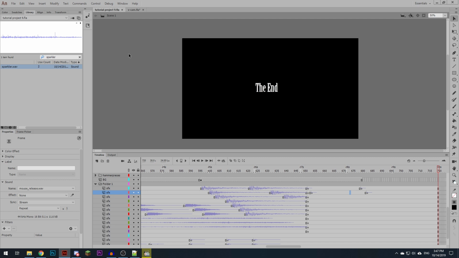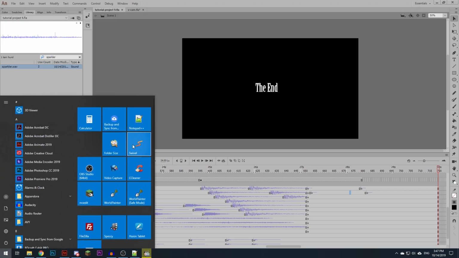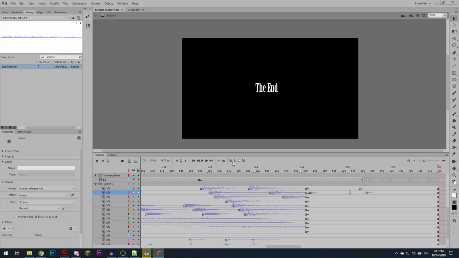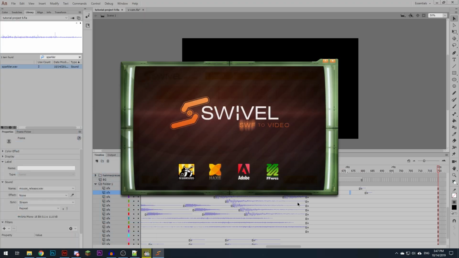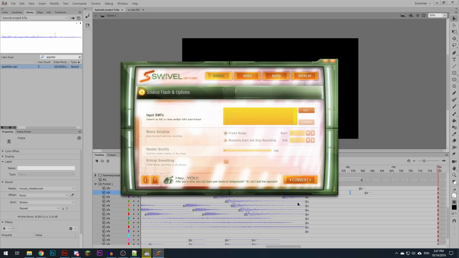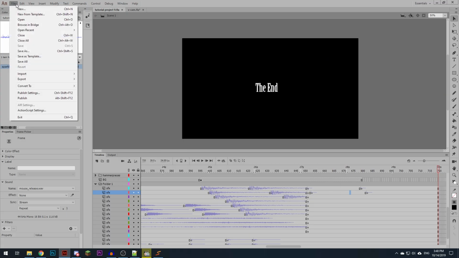So now let's look at how to export the final video file. Because I'm using a VCam, I prefer to make my videos using a program called Swivel. We'll publish a SWF file from Animate and then use Swivel to convert that to a video file. You can use the built-in export video option, which basically does the same thing in the background, but just be